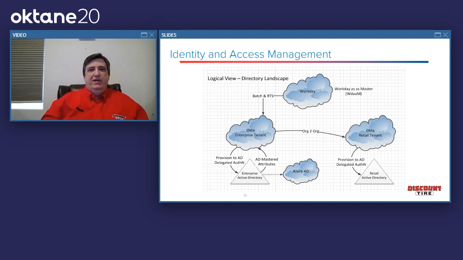And just a background on our environment. We have Workday as a master, so we're pushing and pulling users from Workday into Okta. And then inside of Okta, we're provisioning down into our on-premise Active Directory systems. We also have a separate Active Directory